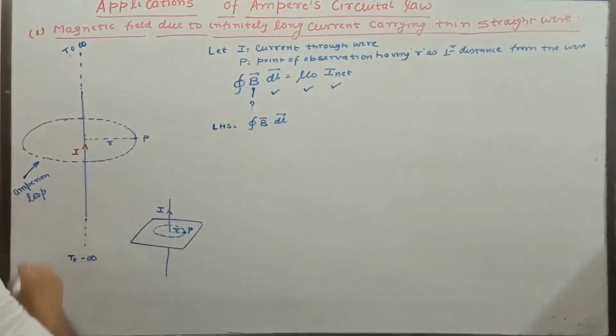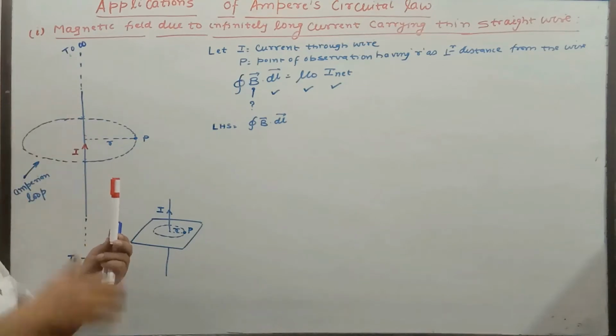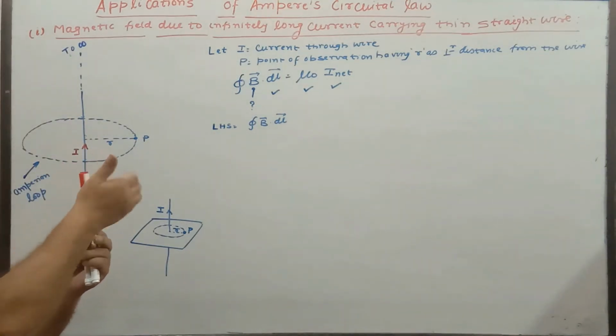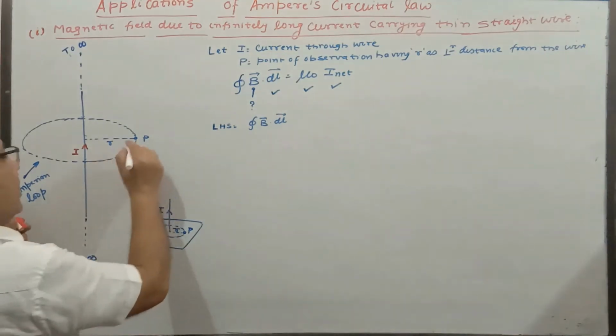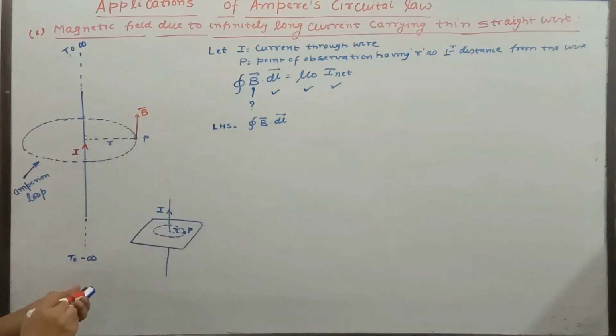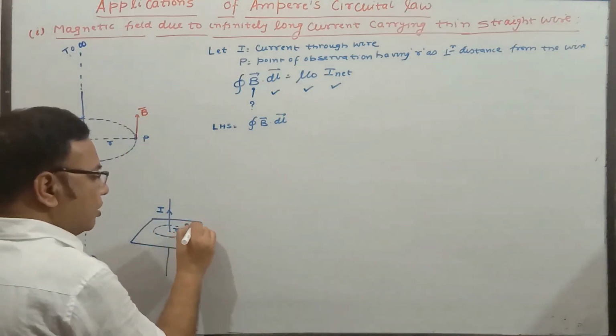Here, if you are going to find out the magnetic field at this point, what do you do? The wire has current in the upward direction, so it is going upward. You hold it so that the thumb is in this direction, so the magnetic field is surrounding it. So at this point, the magnetic field has this direction. This is the direction of the magnetic field. Here also you can draw the magnetic field. Here the direction of the magnetic field is somewhat like this, tangential to the curve.